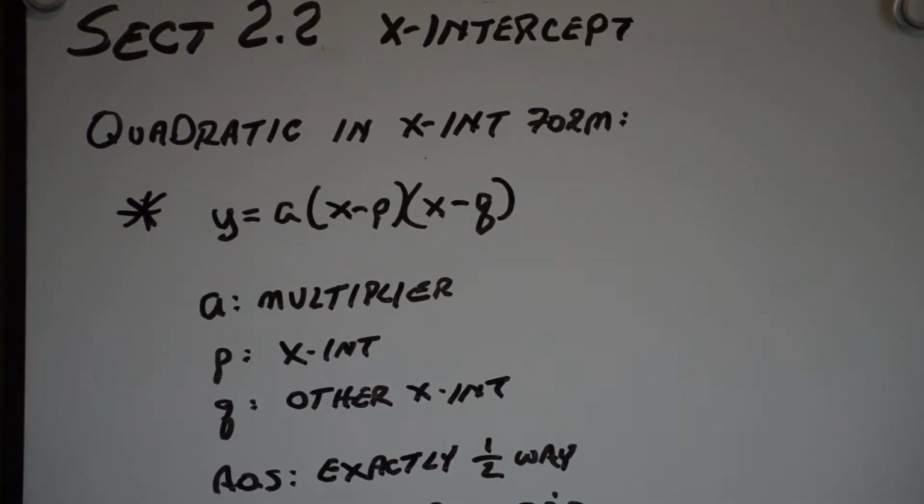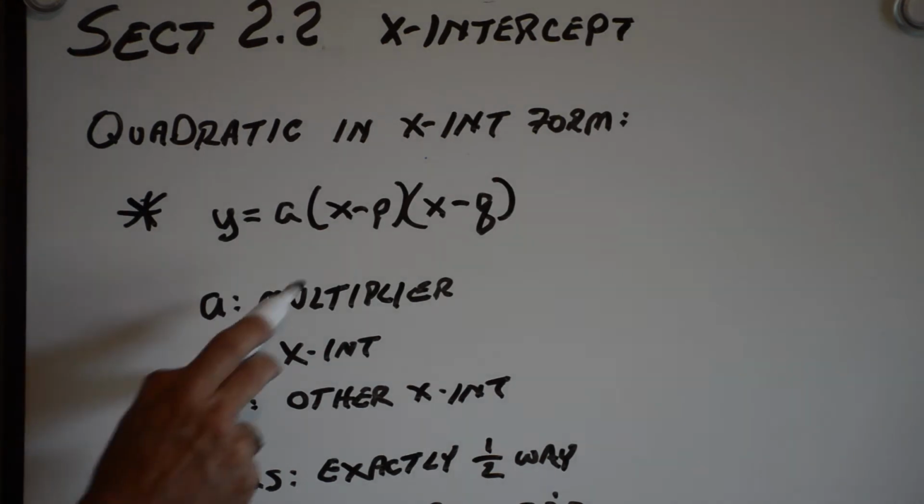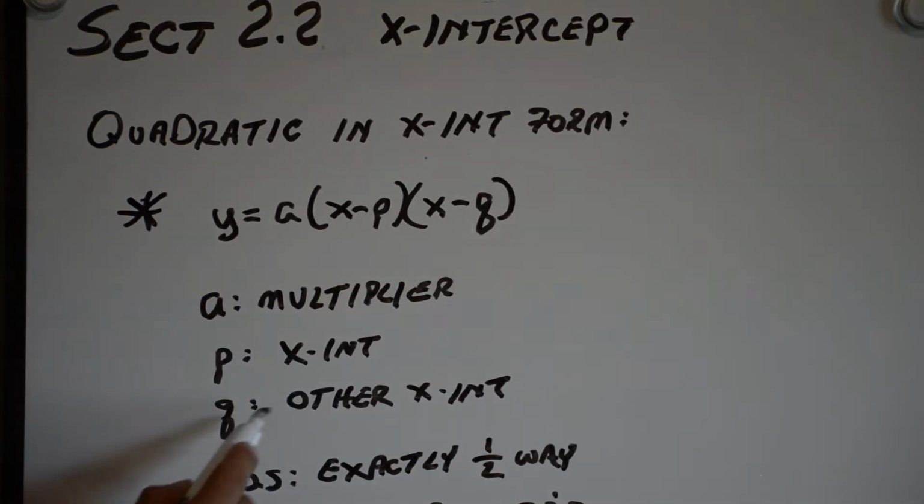A is always the same in any form. In this case, we have P and we have Q. They are both x-intercepts, P and Q. The axis of symmetry is exactly halfway between the two x-intercepts. All right? So,